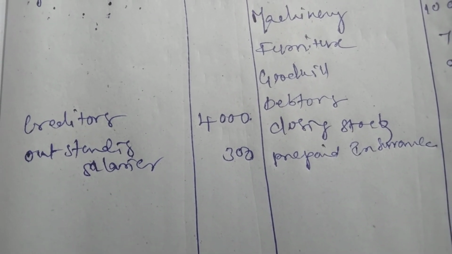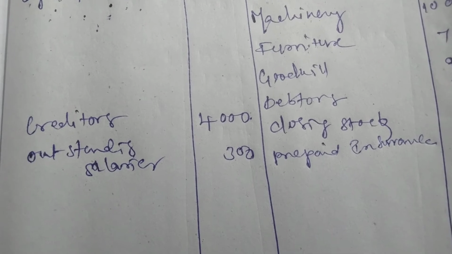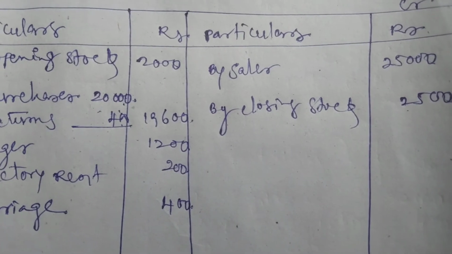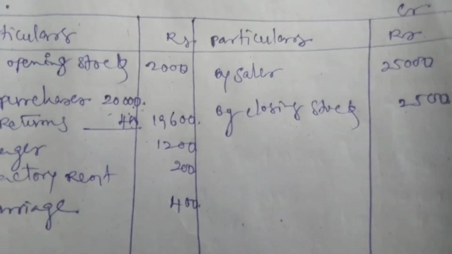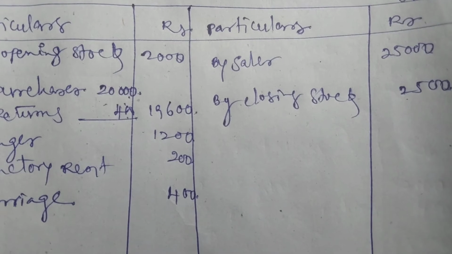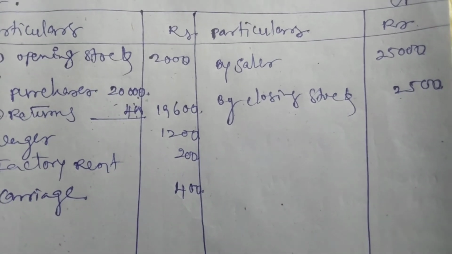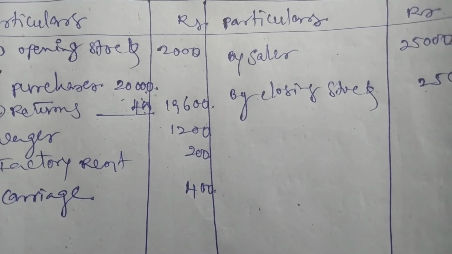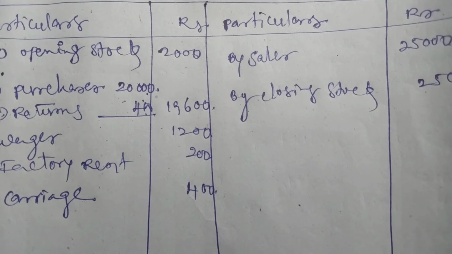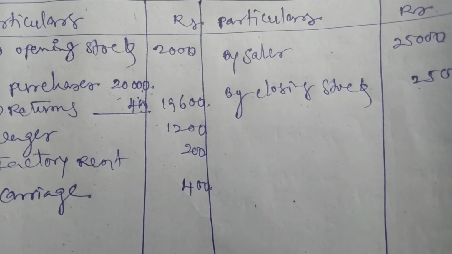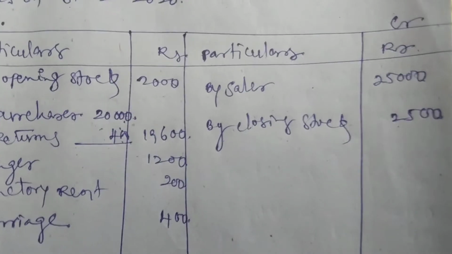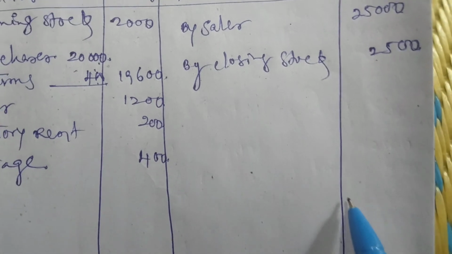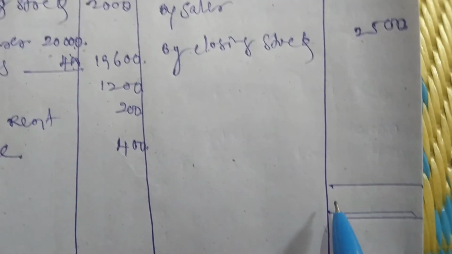So after completion of all the trial balance and adjustments transactions, we must tally the trading account for the calculation of gross profit or gross loss. So here try to observe, in the credit side of the transactions are 25,000 sales, 2500 closing stock. So these two items are 27,500. But here debit side 2,000 rupees opening stock, 19,600 purchases, 1,200 wages, 200 factory rent, carriage 400. So I think the credit side is the higher amount. So the higher amount is recorded in the credit side, 27,500.